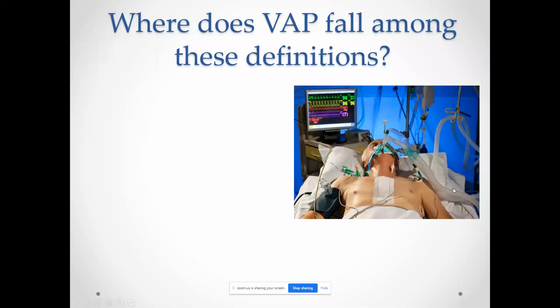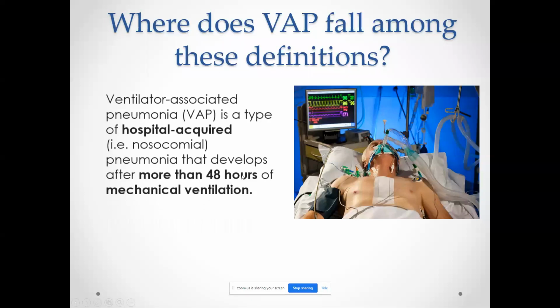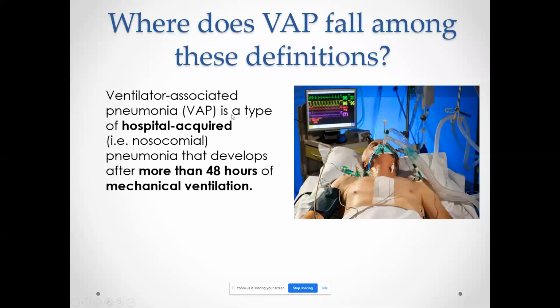So this is a picture. Please focus on me very well, because from this picture our session will start. Ventilator-associated pneumonia is a type of hospital-acquired nosocomial infection. When we talk about ventilator-associated pneumonia, never ever can it be from the community. When we talked about community infection, it comes in a patient under 48 hours. So this is a hospital-acquired nosocomial infection.